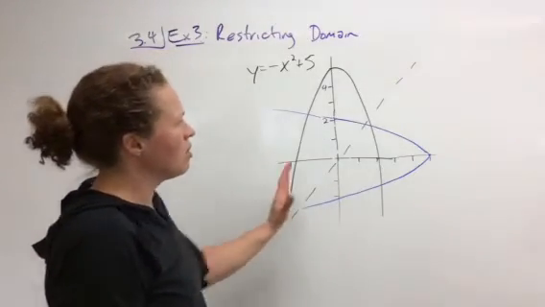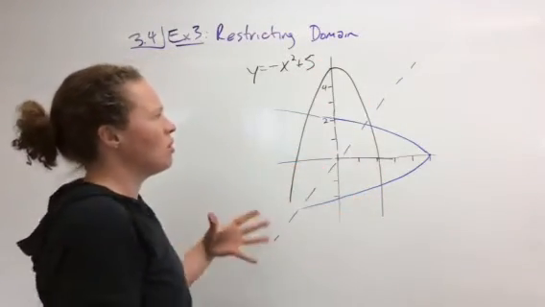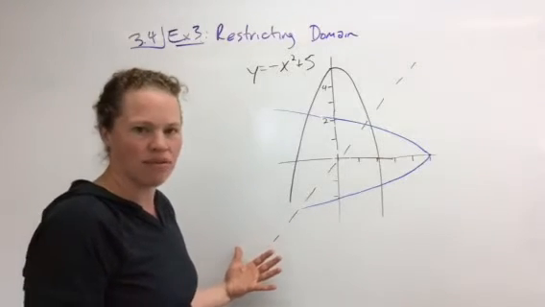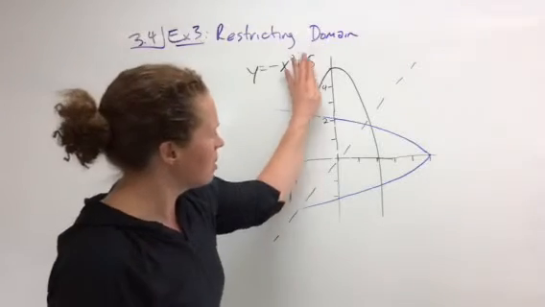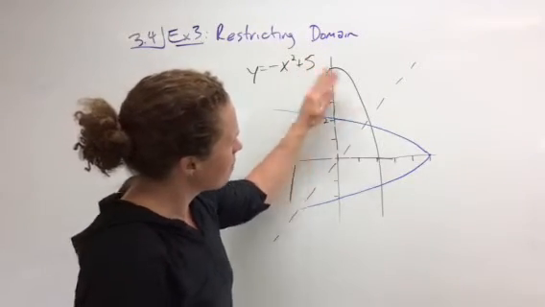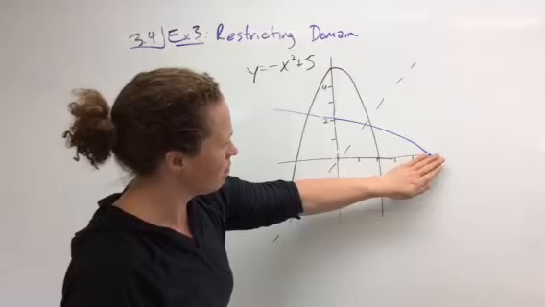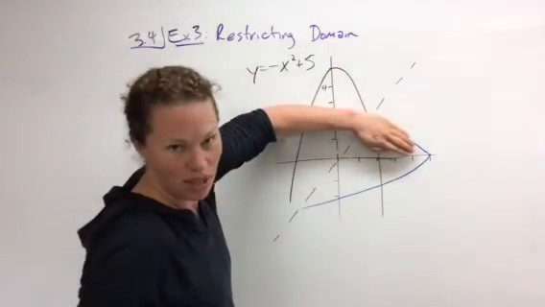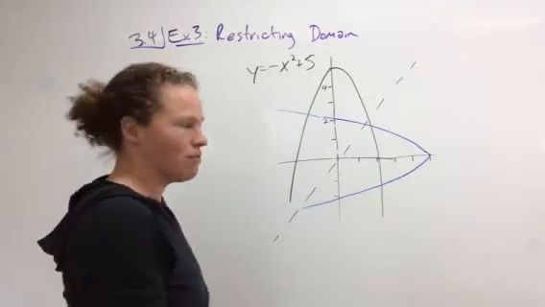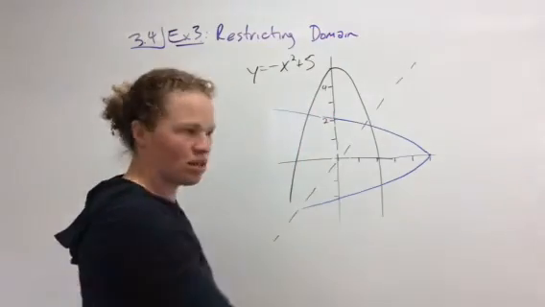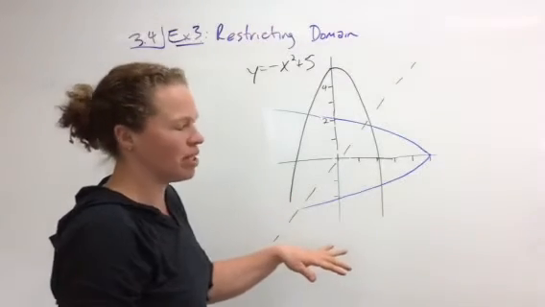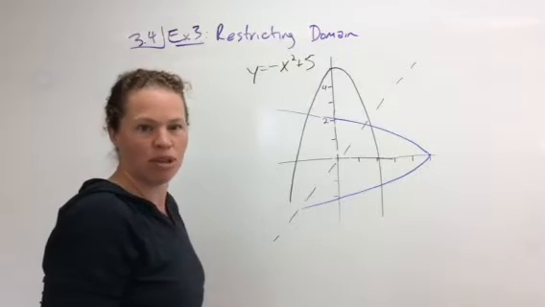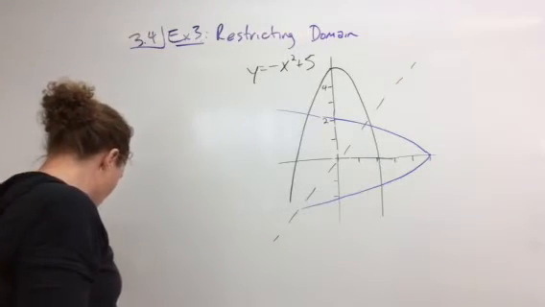So what can I do to the original graph to make it a function when I flip it? Well, I have to get rid of one half or the other, right? If I got rid of this half, then it would just be that part getting flipped. If I got rid of this half, then it would just be that part getting flipped. So if I cut it in half vertically and discard one of the halves, then when I flip it, the only thing left is going to be one of those halves, which means it should be a function. So in order to do that,